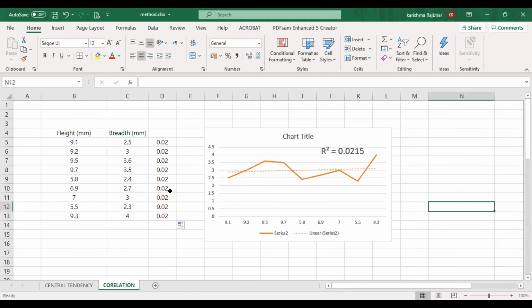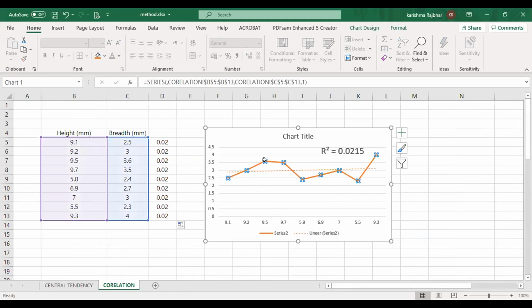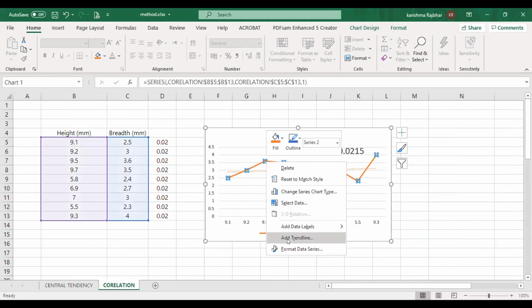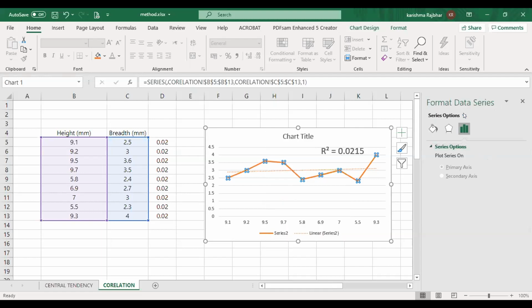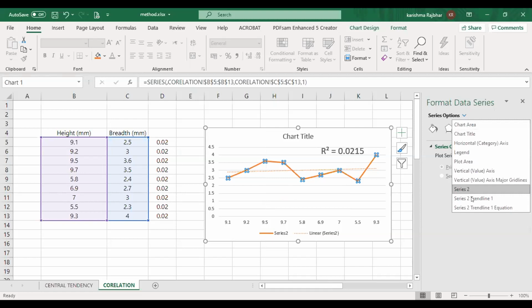Now how to show a standard error of this data? I will just select the data, see, and after selecting, right-click, there is Format Data Series. Now this Format Data Series will give you every option, like title the slide, title your graph, title your x-axis, title your y-axis, all the series. See here, it will show you everything. Can you see here? Students, is the screen visible to you? Yes, ma'am.